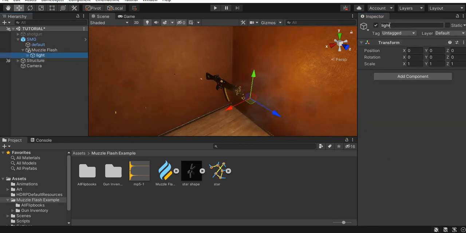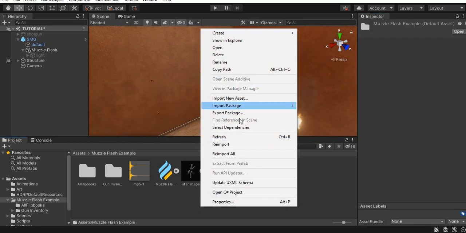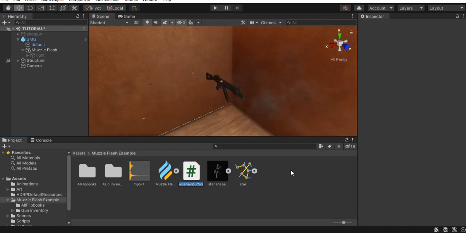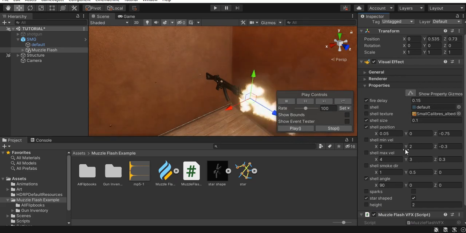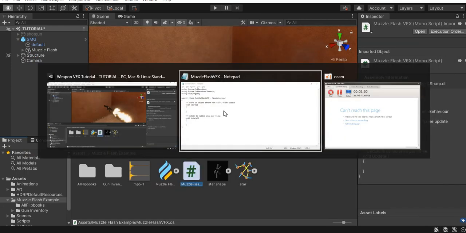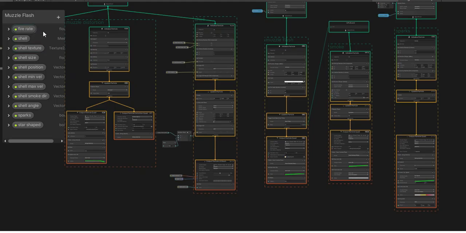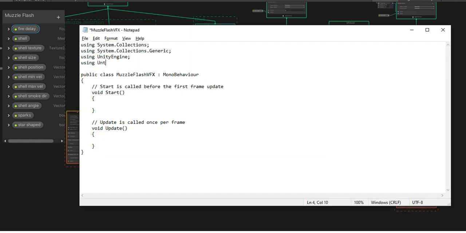So I'm going to disable this game object and we're going to toggle it on and off using a script. So let's create a C# script and let's call it MuzzleFlashVFX. And I'm going to assign it to the muzzle flash game object. My IDE is going to take forever to load, so let's just edit it using this. So we're going to access this fire rate property, which I'm going to rename to fire delay because that makes more sense. So we're going to be using Unity